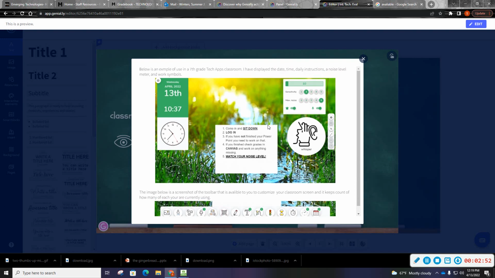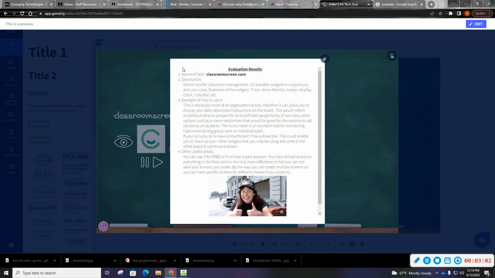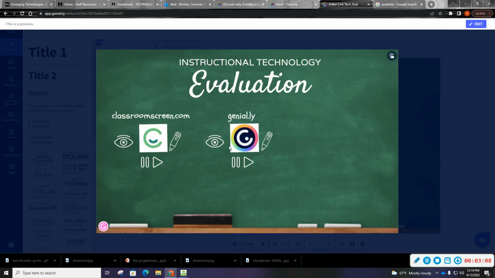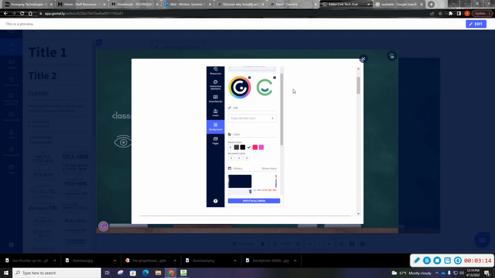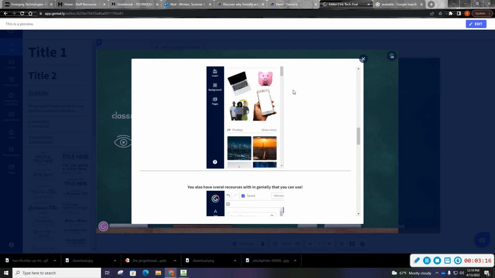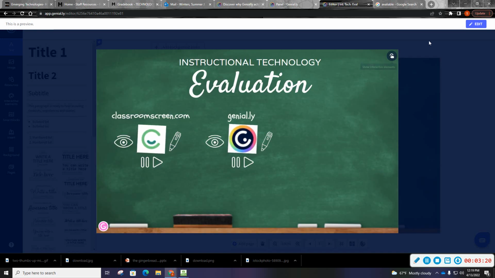It's not actually an app, it's a website, but I included some snippets, some images, and some descriptions of what that was. And then, of course, here, evaluation results. I included the name, a description, how to use it, and other details. Gen1 is the one we're focusing on. Right now, I haven't finished, but I'm working on including visuals of different options, which those options, I'm going to